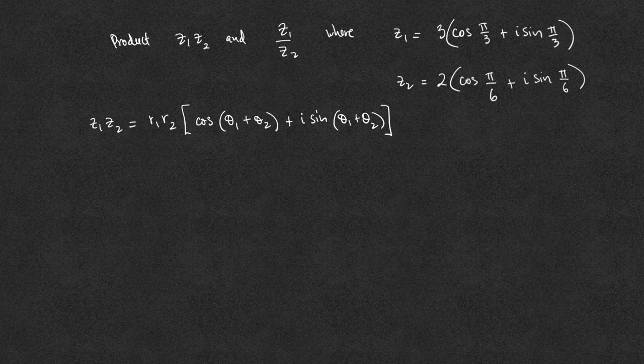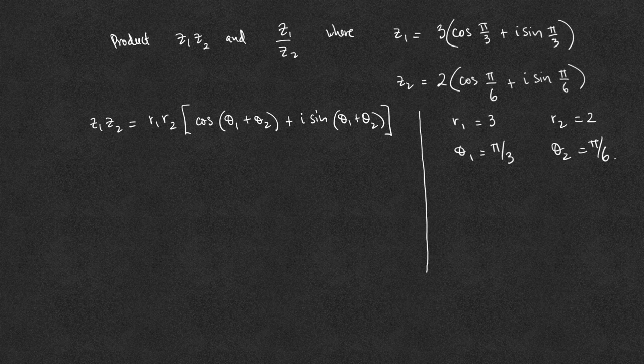So we would need to know r1, r2, theta 1, theta 2, but given z1 and z2, we can read off that r1 is 3 and theta 1 is pi over 3, r2 is 2 and theta 2 is pi